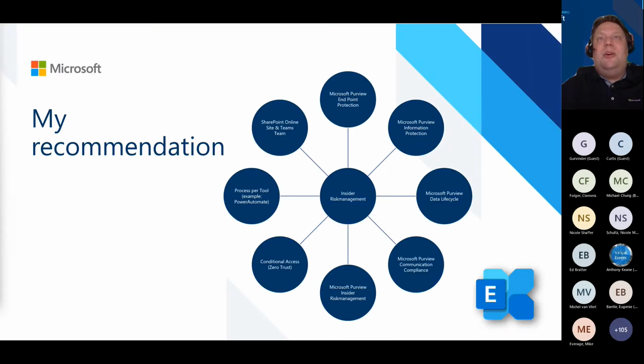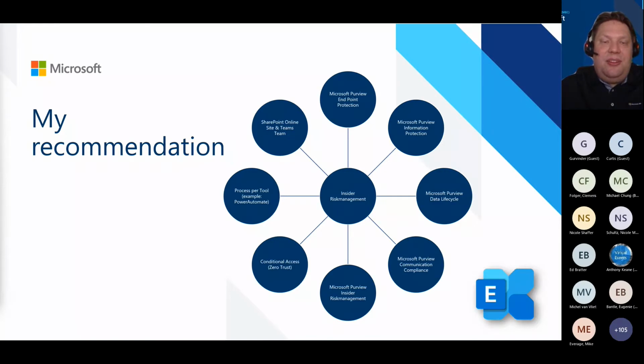When we have all of this and look a little bit deeper at insider risk, we go to the technical side. For me, we need communication compliance, starting with communication compliance first, then rolling out insider risk focused on Exchange, and then focusing on SharePoint and Teams for data loss prevention. So combine with DLP, and then combine with zero trust. So you have this cycle of what we need and what my recommendations are to start with.